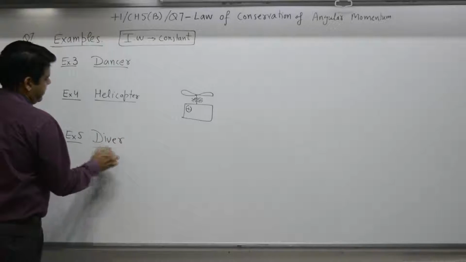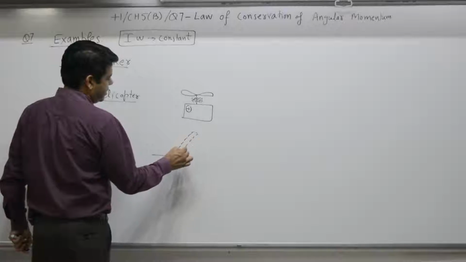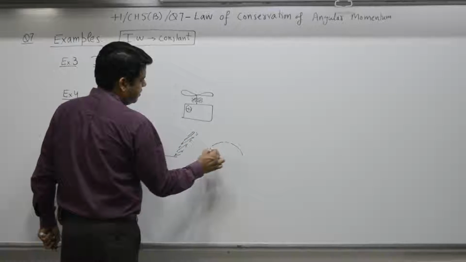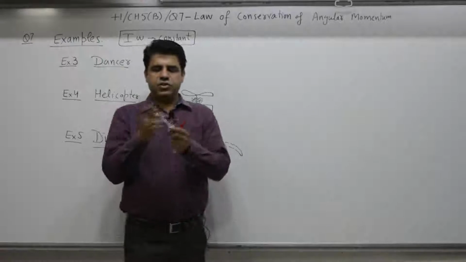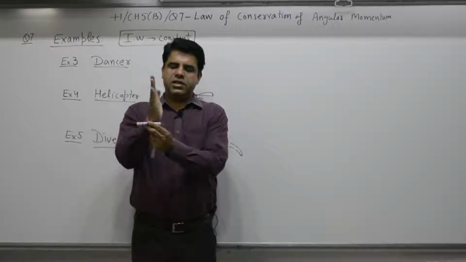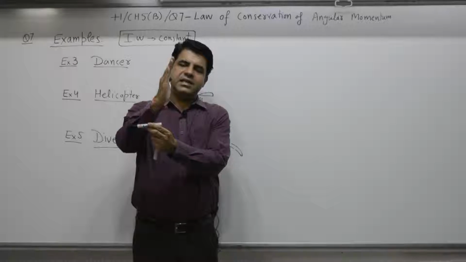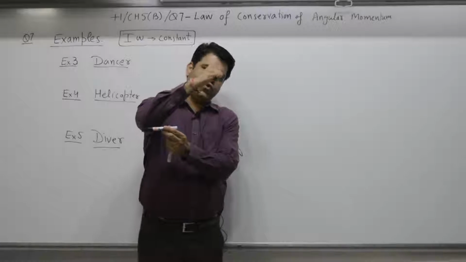Then a diver or a cat. A diver will dive, say this is the height of the person. As the person moves, the person can bend the body like this. So this is the position. The diver is in a standing position. As the diver dives and is in the air, the person can fold his body